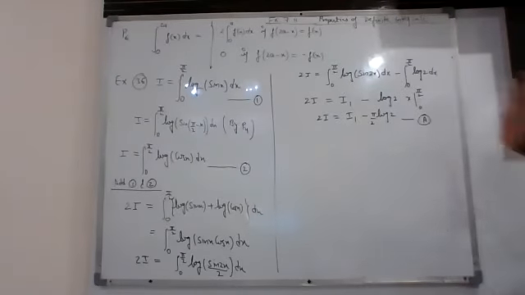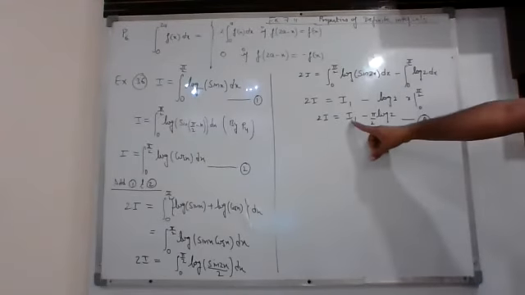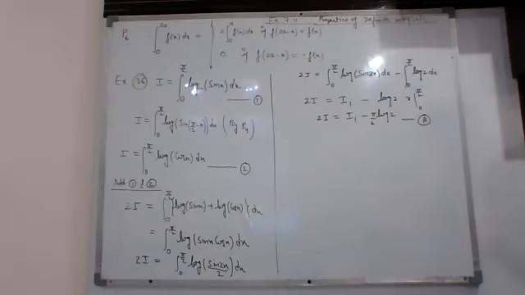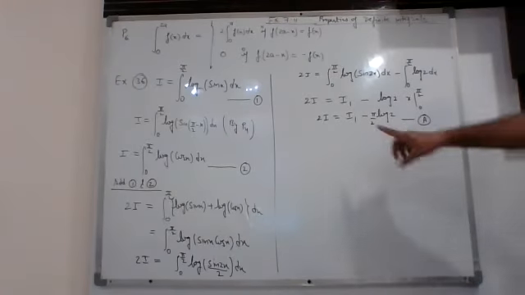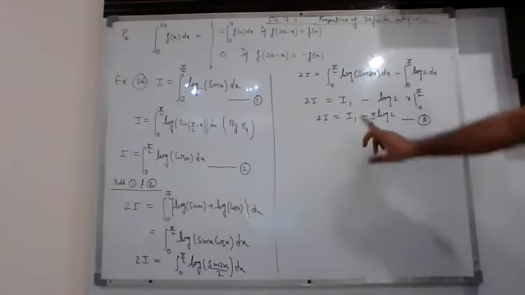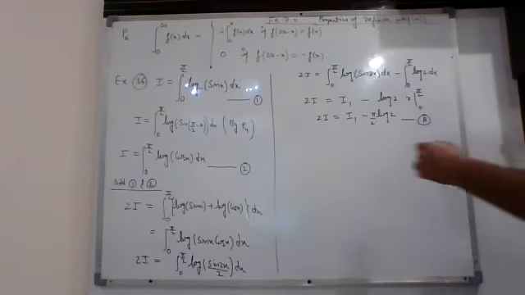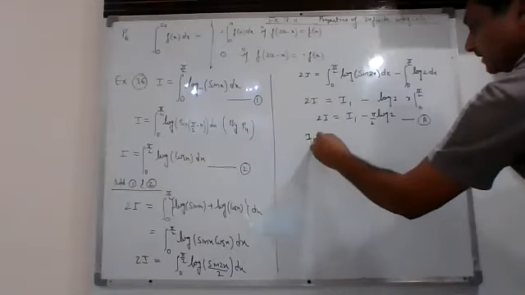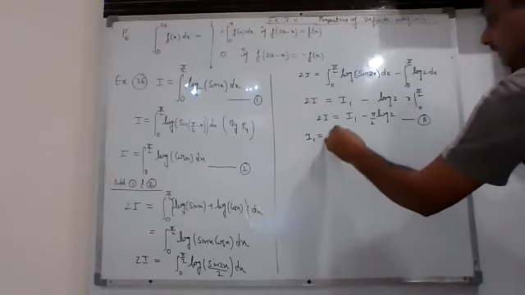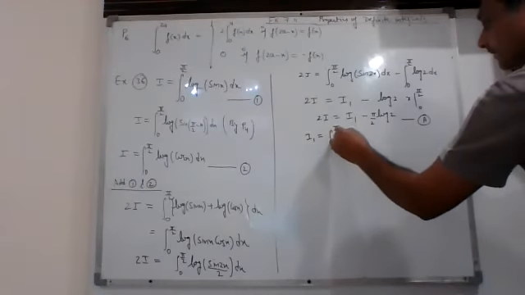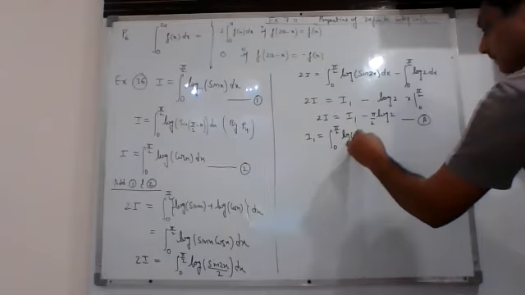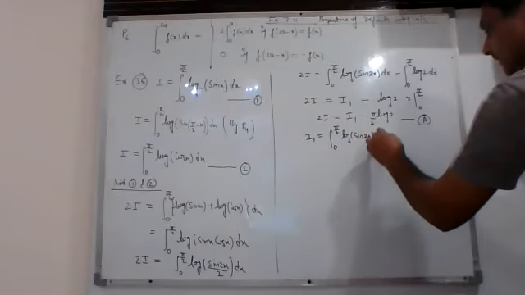Now this is A. Mainly we will focus on I1. We will calculate the value of I1 and then we will substitute the value in this expression A and we will get the final answer. So now let us consider this I1 separately. Here your I1 stands for integral from 0 to 90 of log sine 2x dx.